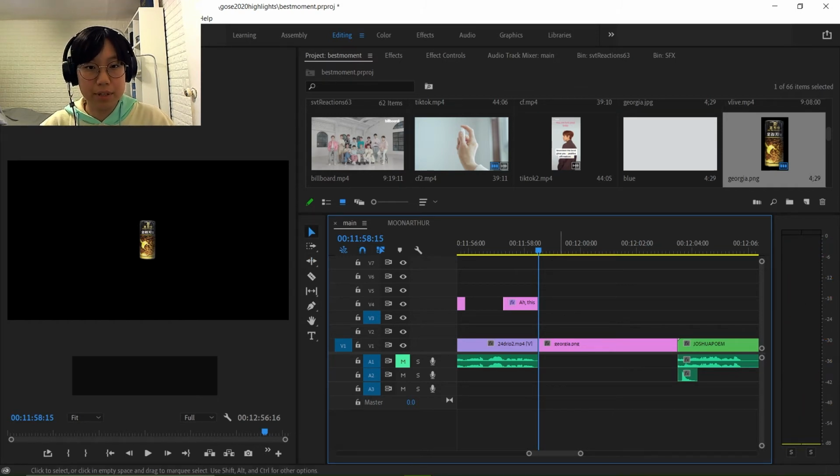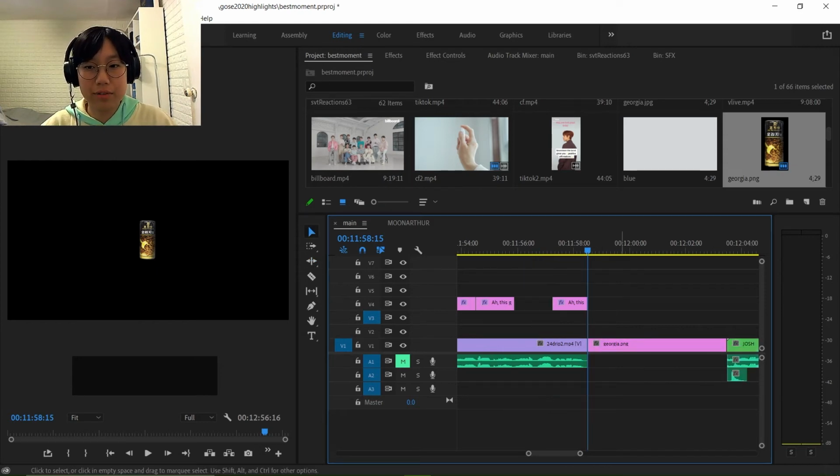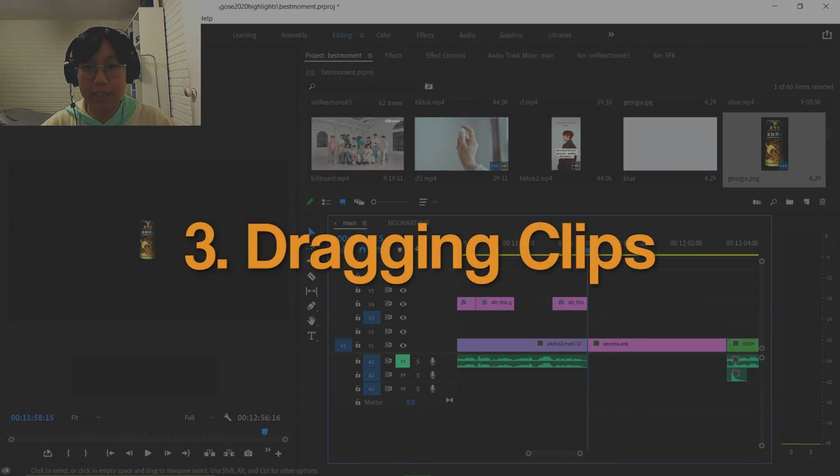Alright, so that was 5 most relevant tools on your basic tool keypad. You've got the selection tool, which is your V. Your V is always your normal. You'll want to hit your V a lot. You have C for cut. You have A for selecting everything ahead of your pointer. You have T for text, and we have B for ripple cut, which I don't personally use, but I would recommend that to you. And the last category of shortcuts I want to go over is dragging clips around.